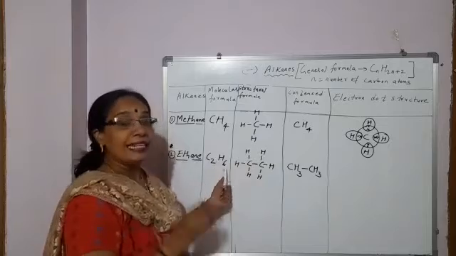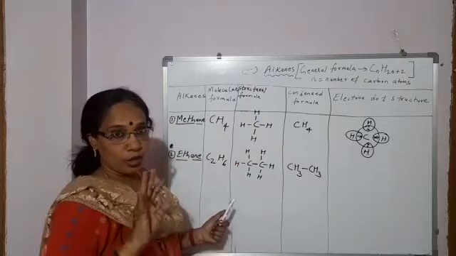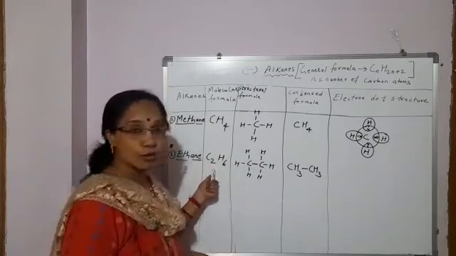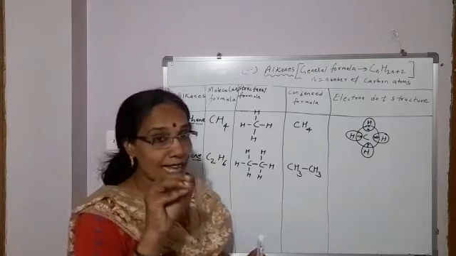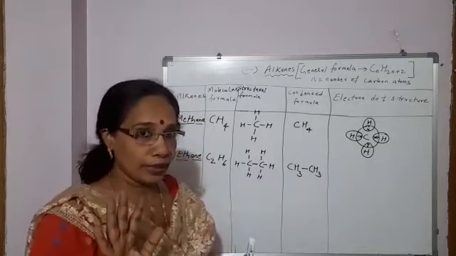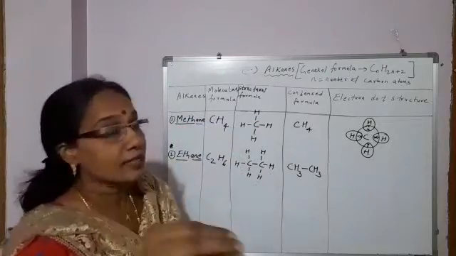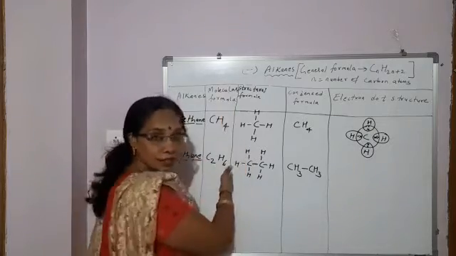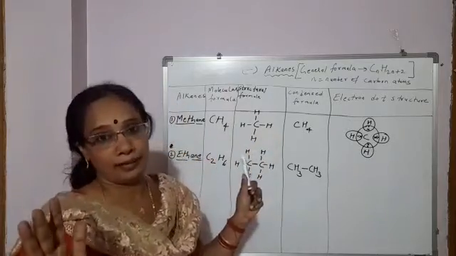Molecular formula means it directly tells the actual number of atoms of each element. So how many elements are there? Carbon and hydrogen, 2. How many carbon atoms? 2. How many hydrogen atoms? 6. So the molecular formula gives us the actual number of atoms of each element in that compound. Okay. So you should be able to differentiate. If the question is asked, write the molecular formula of ethane, you should know what to write. This is the molecular formula. Structural formula means you have to show the bonding.